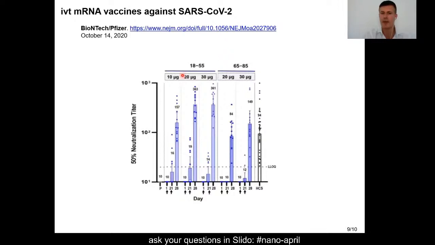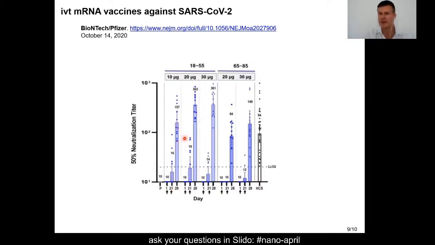Here is an example of the antibody response triggered by these vaccines. Here, the BioNTech Pfizer vaccine given in healthy volunteers. Some volunteers here got a placebo, and they don't have in their serum any neutralizing antibodies against SARS-CoV-2. These are sera from volunteers who have recovered from COVID-19, and they have neutralizing antibodies against SARS-CoV-2. These here are the healthy volunteers who got the vaccine at different doses, 10 to 30 microgram, younger people or elderly people. You see that in all the cases at day 28, which is 1 week after the second injection,